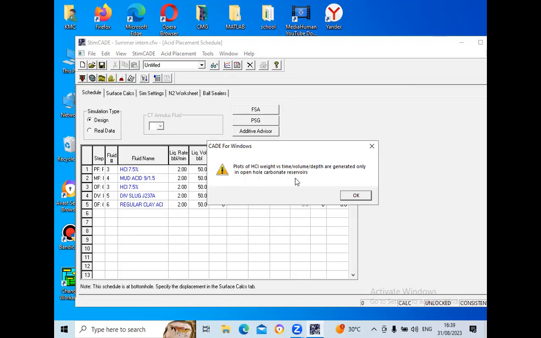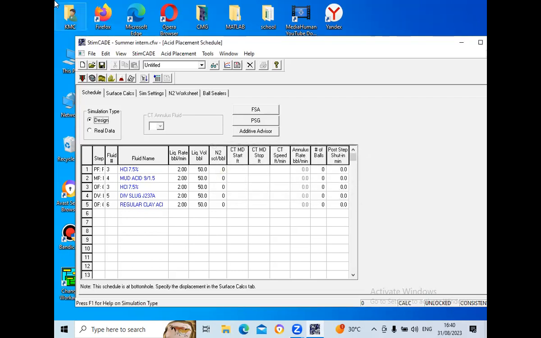Okay, this one is generated only for a carbonate reservoir. That one is generated for a carbonate reservoir. So what we are working on here is our sandstone reservoir. There are some plots that can only be generated for a carbonate reservoir. So once you look at all of this, and you're satisfied with the result, you can now execute the